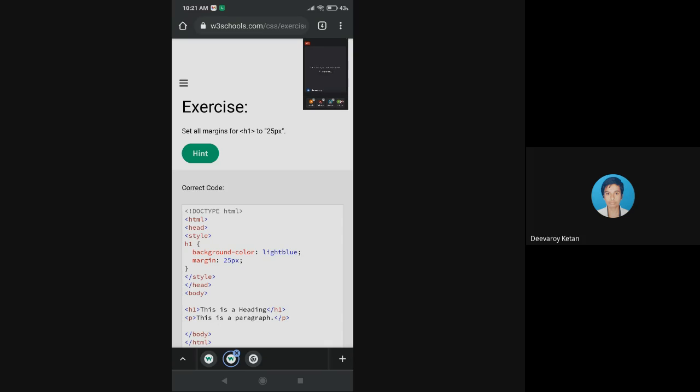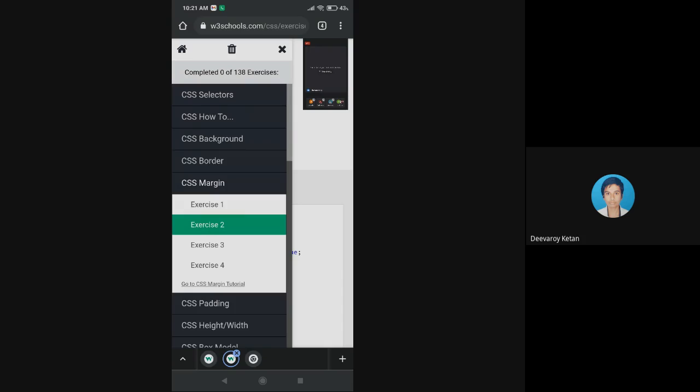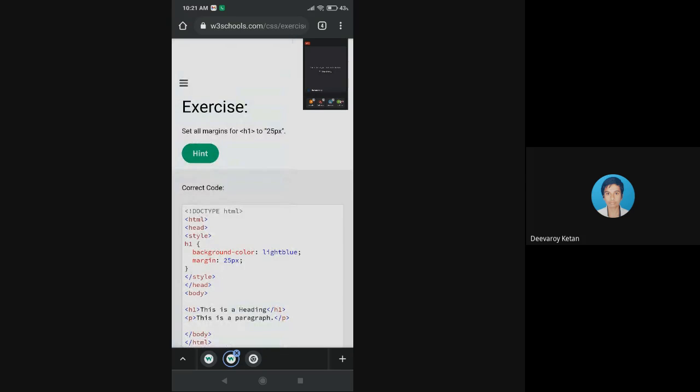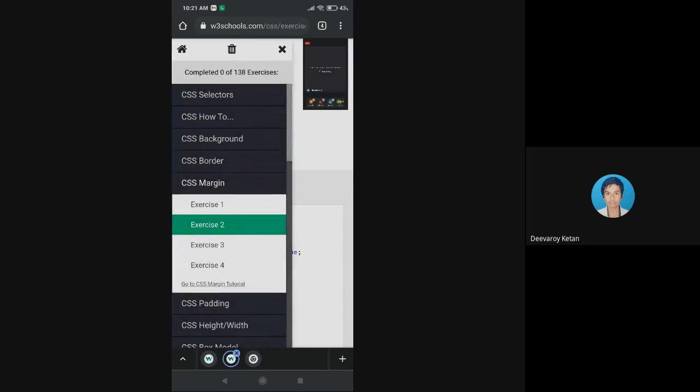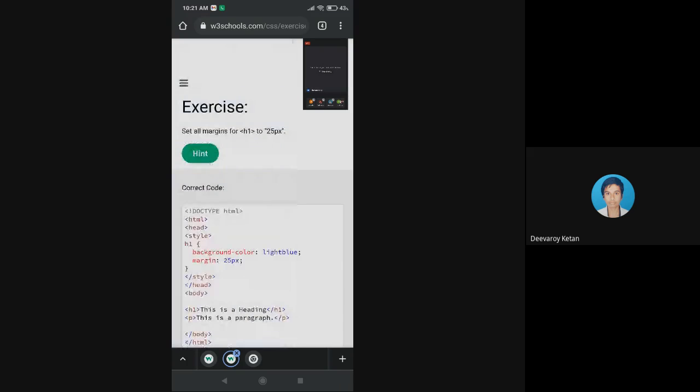And again, you can see on the top there are three lines. Are you able to see? There are three lines above the exercise, which is called a menu button. When I click on that, a drop down menu will come. When I close this button, the close button, delete button, home button, this will go into a function. So simply it is hide and unhide. Closing is nothing but hide and unhide.